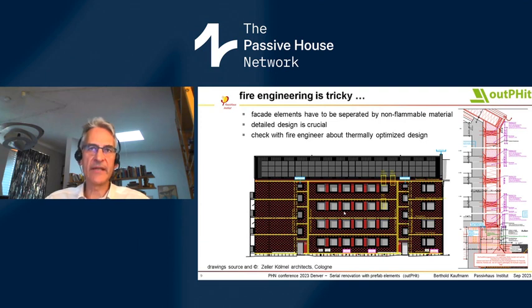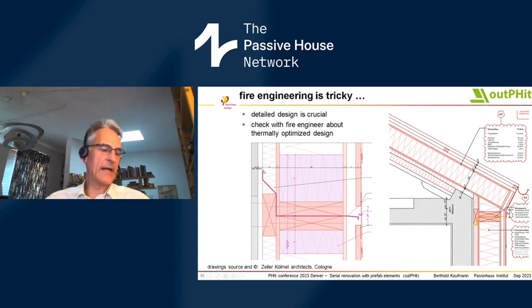so that in case of fire, the fire cannot spread from one level to the other. And this comes here with some steel layer between each element at each ceiling from floor to floor. The solution in that case was done like this. They had a metal membrane all through the facade from inside to the outside, and this has the